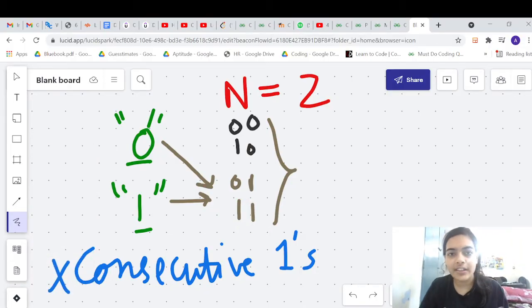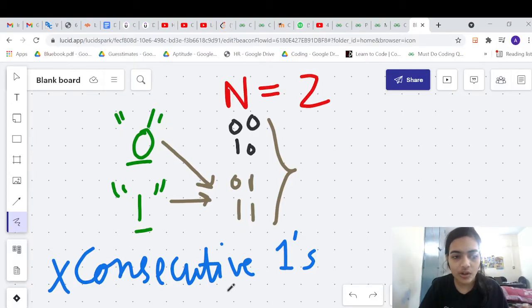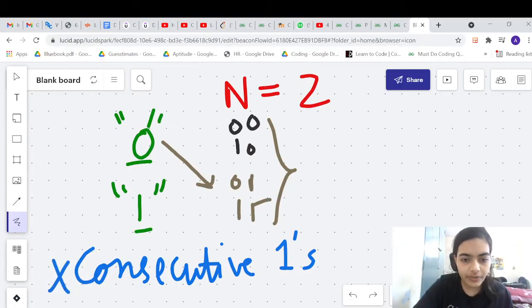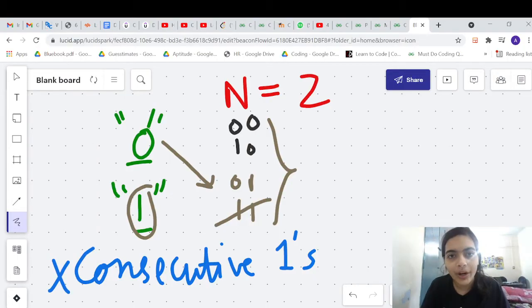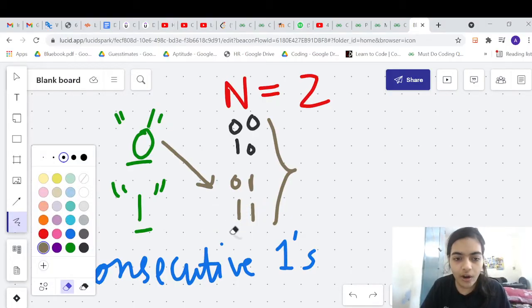Now how can we find this out? How could we have known this from before? Instead of writing out all the strings and then checking and comparing, can we anyhow know this? Let's think logically. When we were building the strings ending with 1, we will not take this string which we had taken earlier. Why will we not take it? Because it already had a 1. Now we are attaching another 1 to it. It will obviously have consecutive ones. So while building the string itself, let us not take the string that was already having 1 at the end. So that's it.